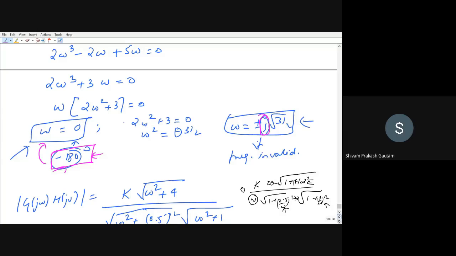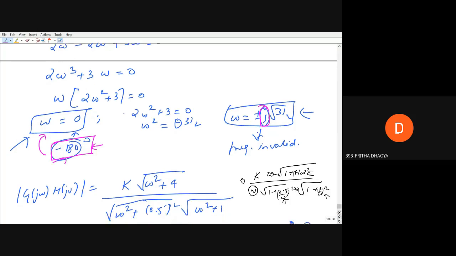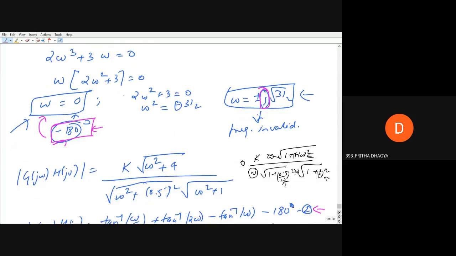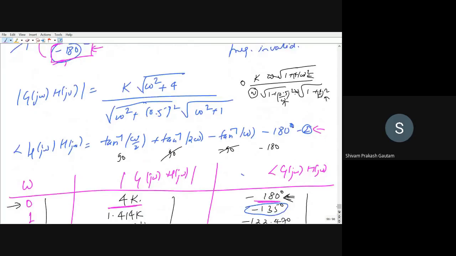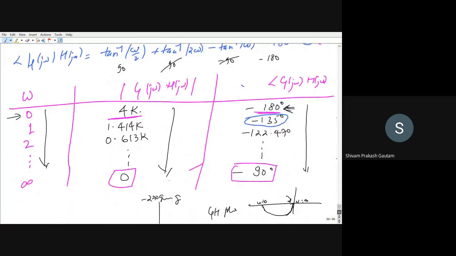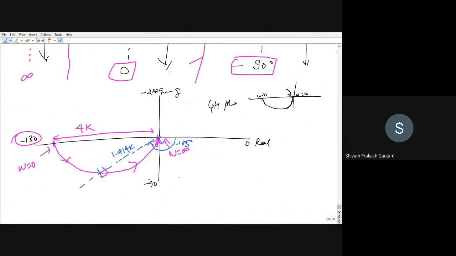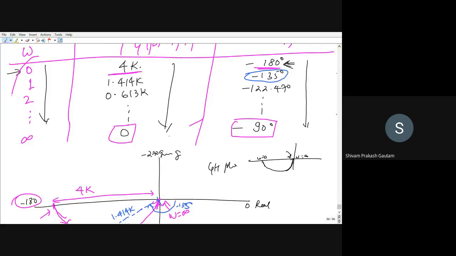Sir, why did you make the equation equal to minus 180 above? So that it will be clear in the coming example, that will be more clear. We will discuss one more example. It might be possible that after going downwards, because how much value you will put in this table, this is ranging from 0 to infinite, correct? You can put 0 and you can put infinite, and you can draw it like this.